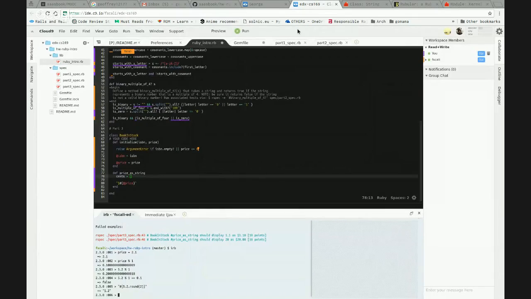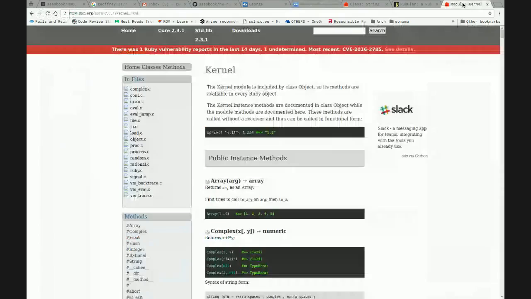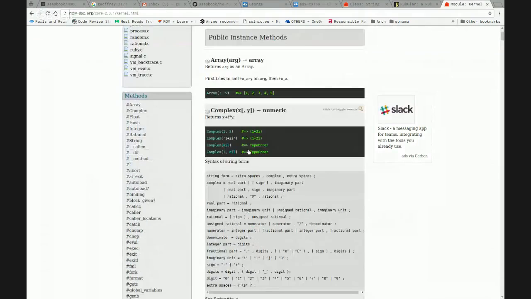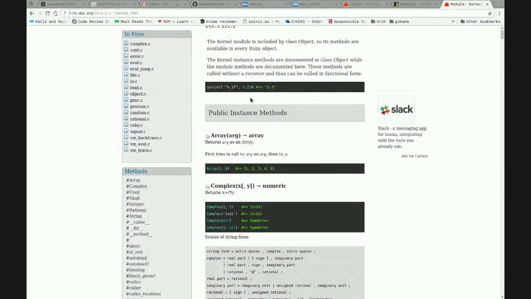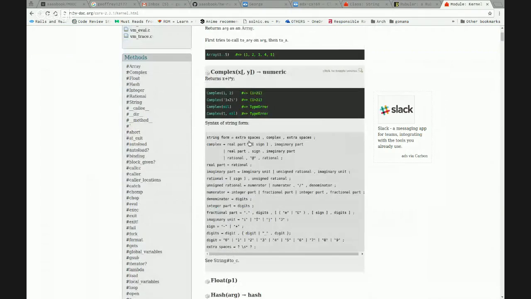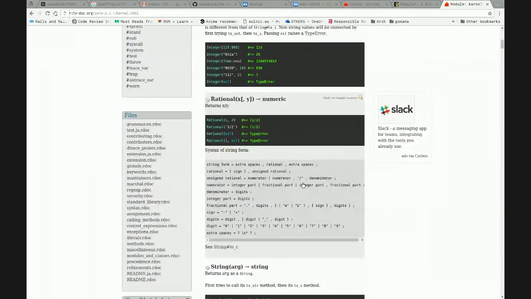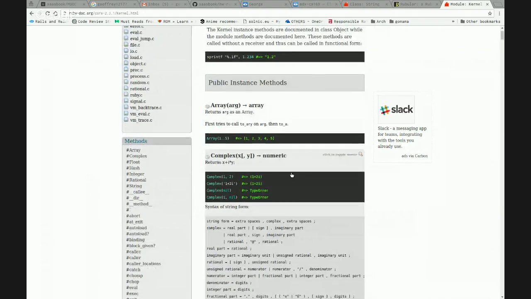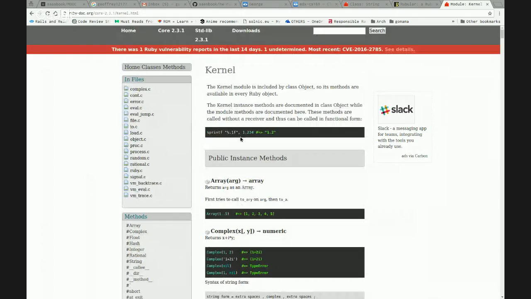Doesn't work. But actually, I think I found the right function that will allow us to format the way we want. Sprintf. Like this.